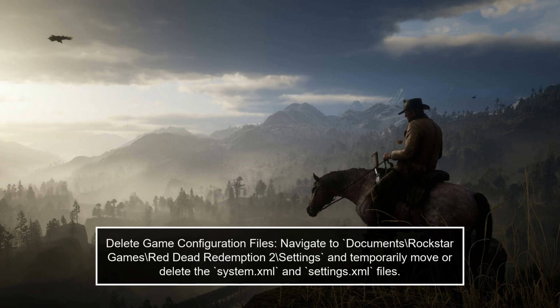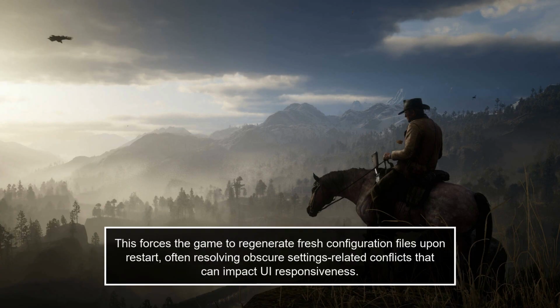Delete game configuration files. Navigate to Documents/Rockstar Games/Red Dead Redemption 2/settings and temporarily move or delete the system.xml and settings.xml files. This forces the game to regenerate fresh configuration files upon restart, often resolving obscure settings-related conflicts that can impact UI